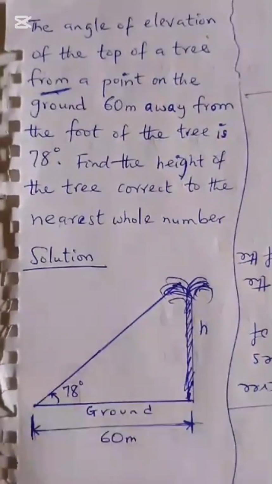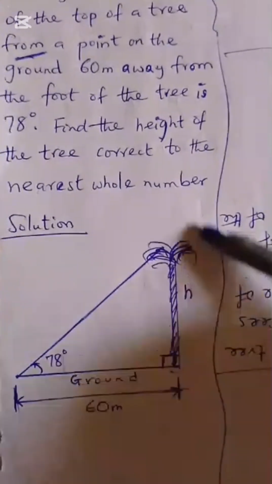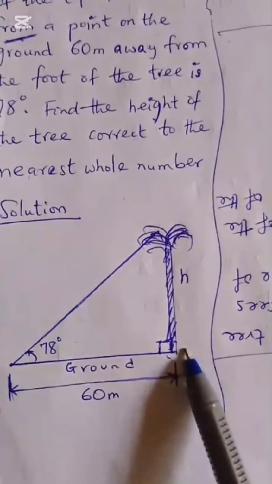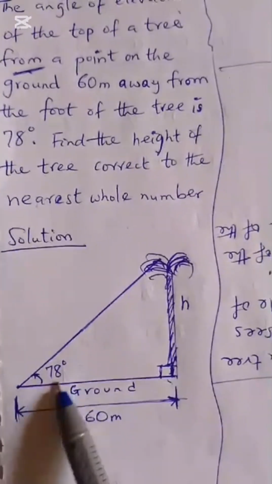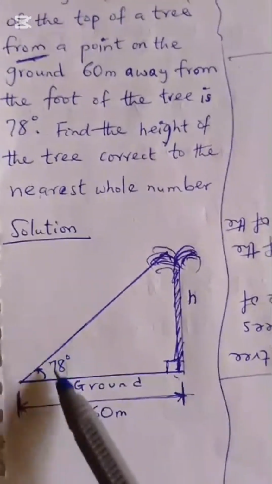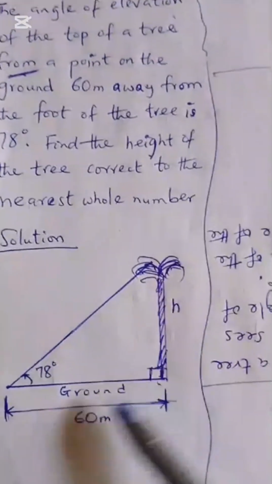Okay, so this is our diagram. It forms a right angle triangle: the height of the tree, the foot of the tree, and 60 meters away from the point. And we're given that 78 degrees is our angle of elevation from the ground this way. So find the height. You can always use your